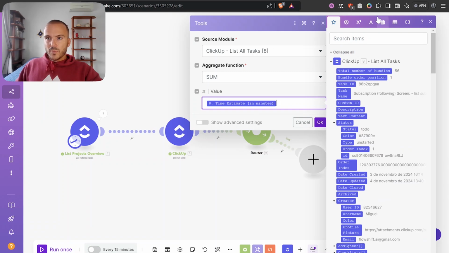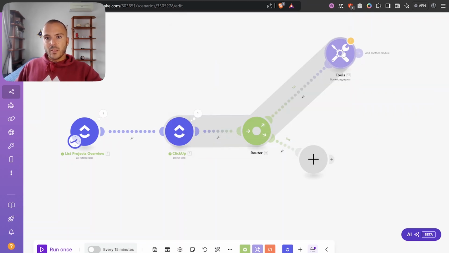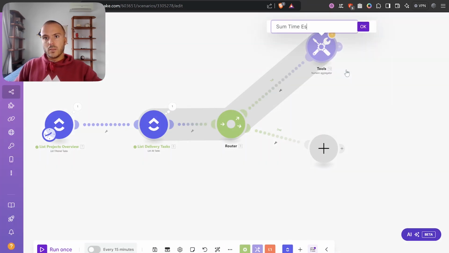So to convert from minutes to hours, we will just have to divide by 60, and this is list delivery tasks. This is some time estimates,